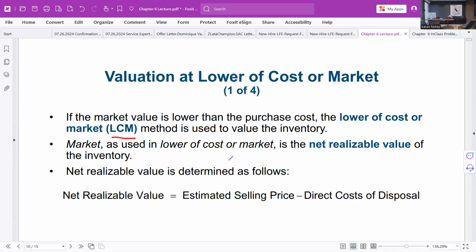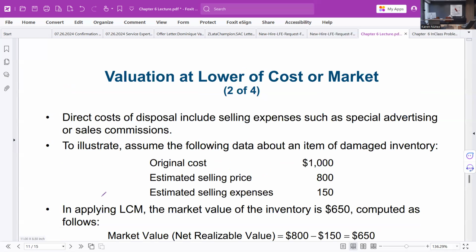So lower of cost or market means we're going to report our inventory on the balance sheet at the lower of the two. And market value is typically what we call the net realizable value. It's just what you could sell it at minus the cost to dispose of it, the cost to actually sell it. So looking at an example here,